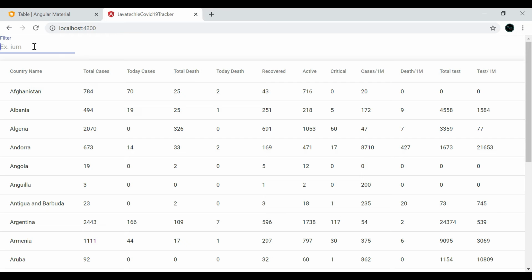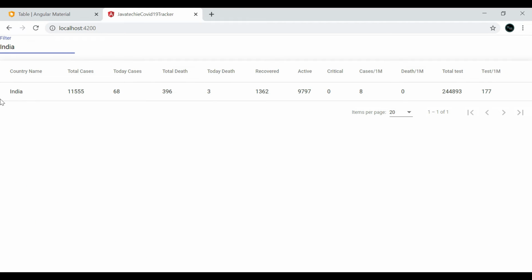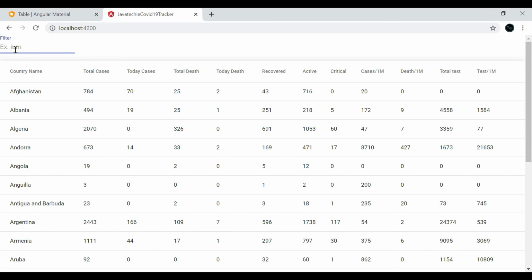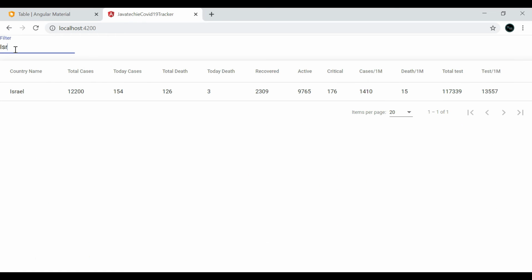Let me search with India. I can see the record for India, right? If I type here IN, I can see India and Indonesia, both countries. So let's type IS. I can see this Israel record. Okay. So this is how you can implement the filter.